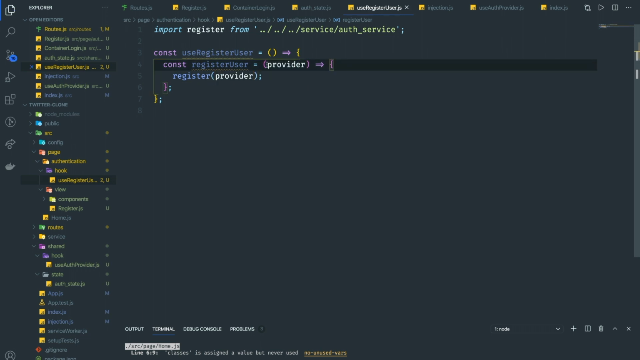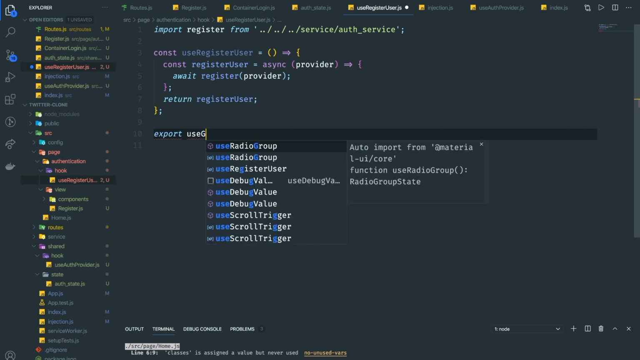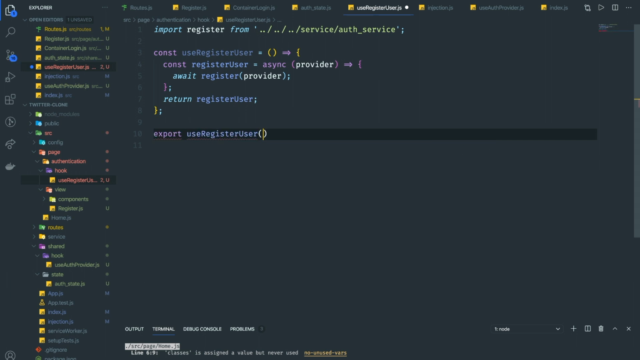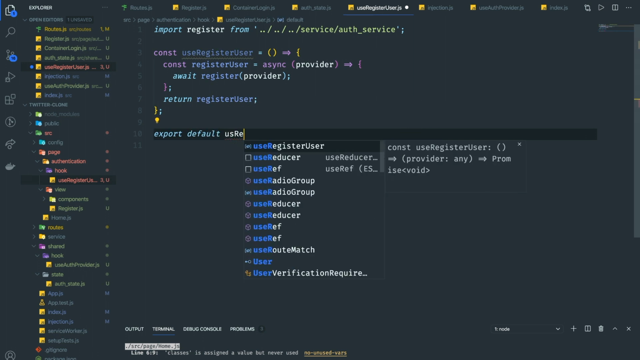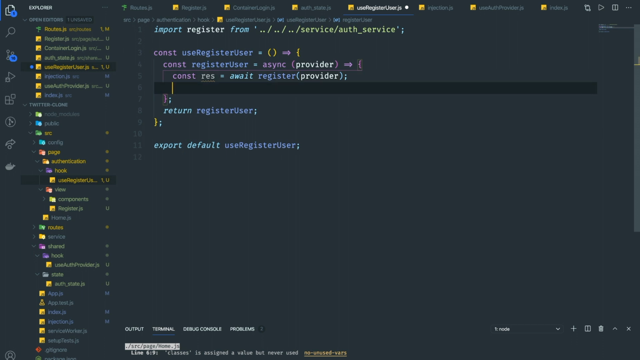And then we need to async await this, and from this one we need to return register user, and then we need to export use register user, use export default use register user. Okay, so we have this one, nothing crazy, and for now I'm just returning this one. I'm gonna call the result res right here. We can just console log this one,